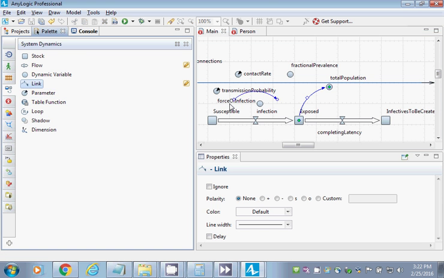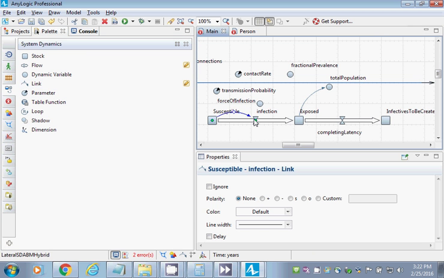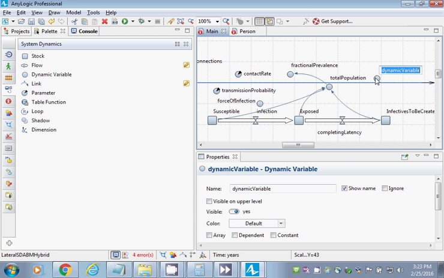For fractional prevalence, we're going to have it depend on total population plus the, okay, and I should probably, I'm going to have a dynamic variable called infectives, okay? And I'm sorry, total population will depend on infectives. This will be the total count of infectives. That in turn will be dependent on infectives to be created. So total population depends on infectives, exposed, and susceptible, okay? And then it will further depend on,